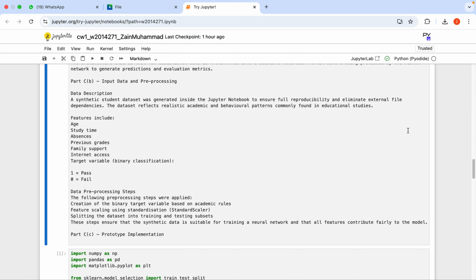Input data and pre-processing. To make sure my notebook could run without any issues, I generated a synthetic student dataset directly inside the Jupyter notebook. This avoids relying on external files and ensures full reproducibility, which is easier for the marker to use and open. The dataset includes features like age, study time, absences, previous grades, family support, internet access, and the target variable. The target variable is binary, where 1 represents a student who passes and 0 represents a student at risk of